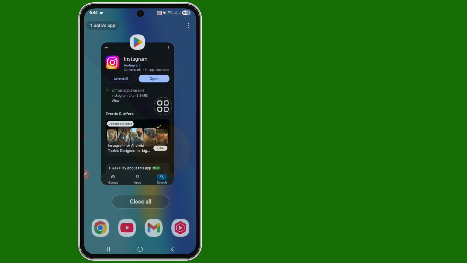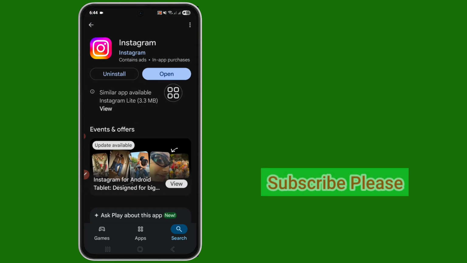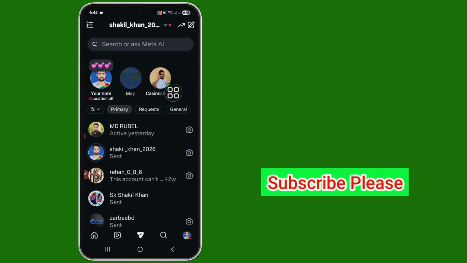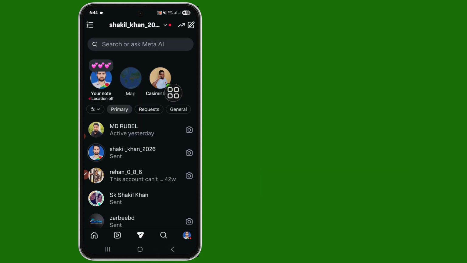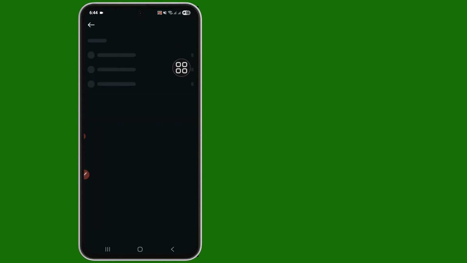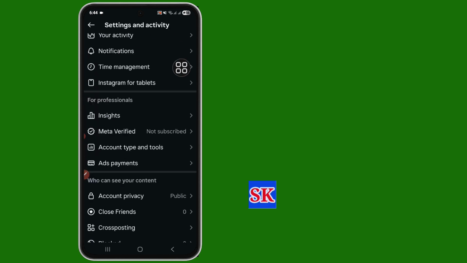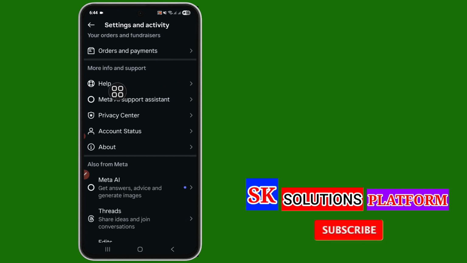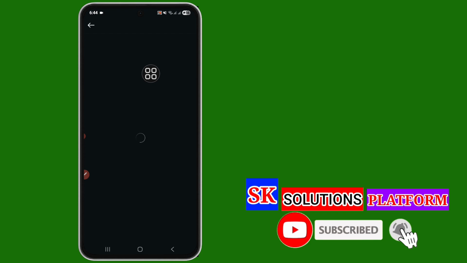And now open your Instagram app and back, tap on profile icon and tap on three line option. Scroll down, tap on help option